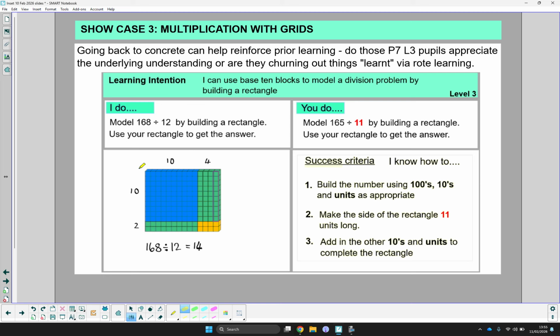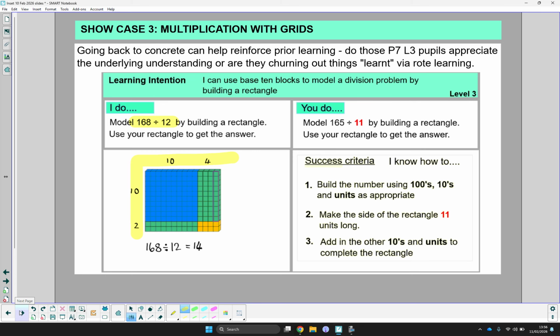We find that the ones coming up at level 1 and 2 can really get behind doing this sort of division by building a rectangle here. But the ones that have learnt by rote are quite uncomfortable with this. They don't like having their understanding challenged. They often know when doing something like this to carry the remainder over, but they don't really appreciate why. So yeah, it's always worthwhile